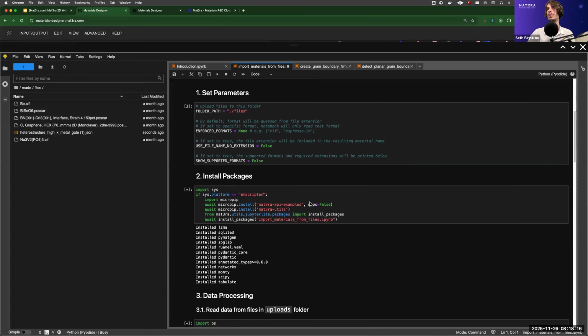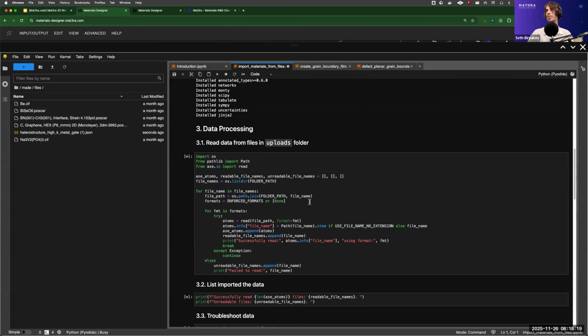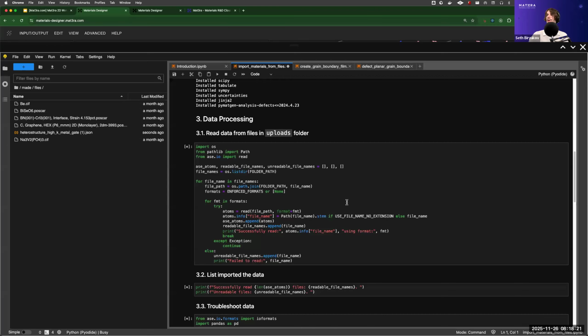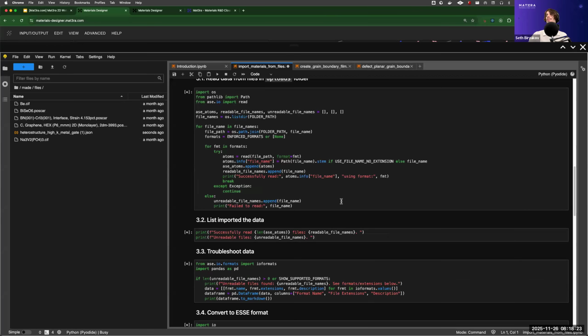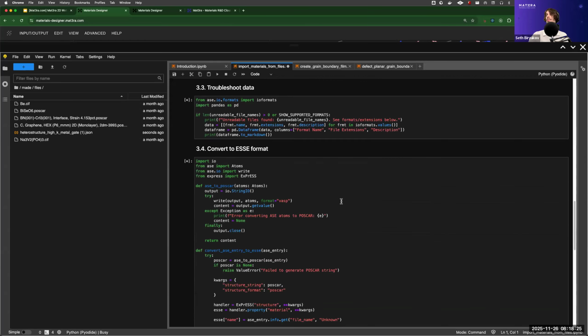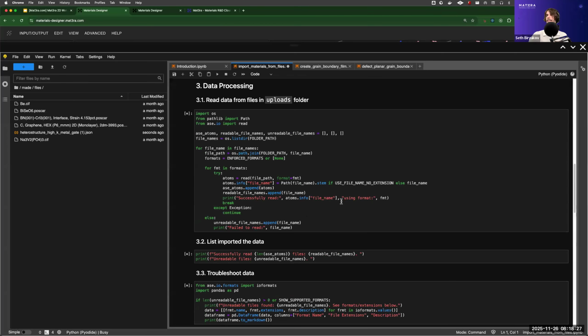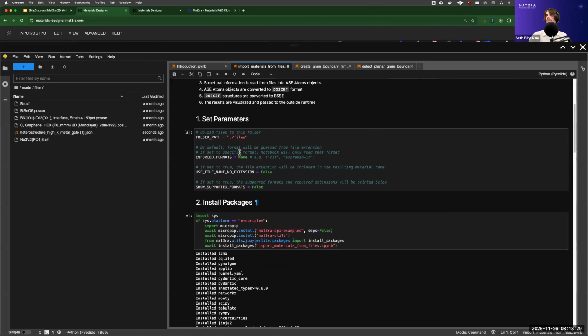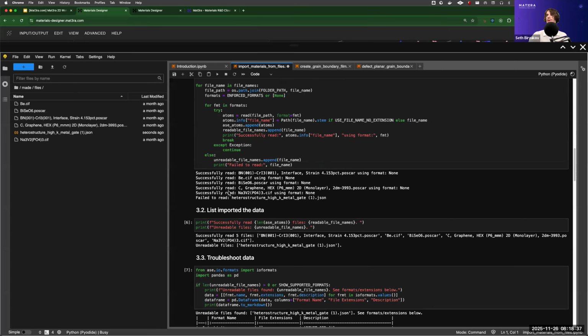They should be reviewed and downloaded to the notebook and then passed to the Materials Designer. We can specify and filter the formats that we want to see. For example, if we provided the CIF, we would only get this one. So okay, it read the materials successfully,